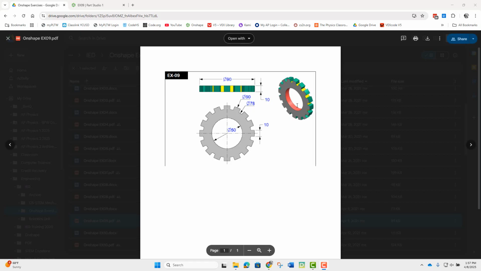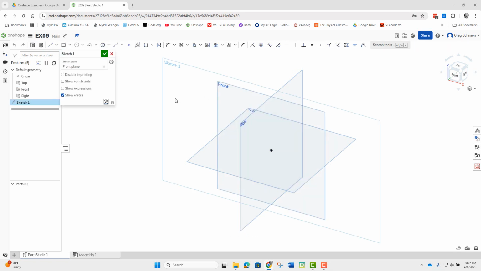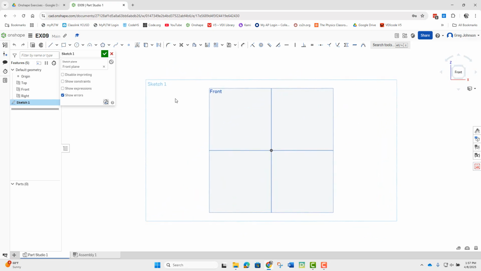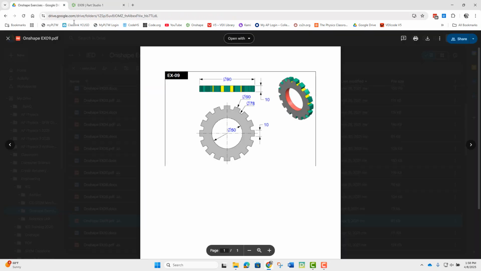All right, so I do notice it looks like we're going to be doing our sketch on the front plane. So I started up my EX09 document, and I'm going to right click and make a sketch on the front plane. Also remember that this is going to be in millimeters. All these are. I'm going to hit N to look normal, P to hide the planes. And again, let's go back and double check. So I've got a 50,